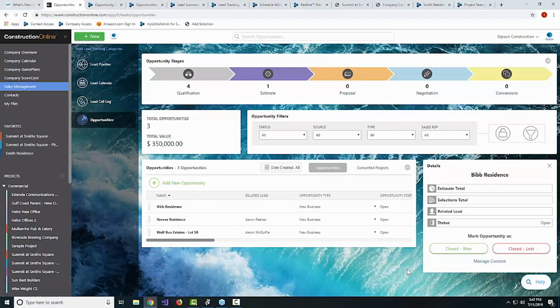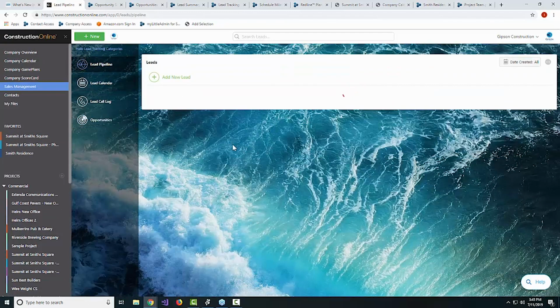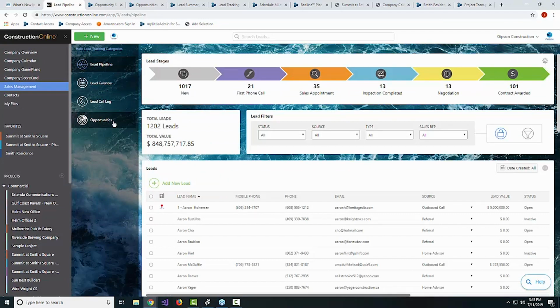Now, the other question that we have, and again, this is such a great question coming in about sales management overall in Construction Online is, what's going to be the difference between a lead and an opportunity? And that's a really common question. I think the best way to think about that when you're looking at best practices for managing your sales process is that your lead pipeline is going to be full of people, and your opportunity pipeline is going to be full of potential projects. So the biggest difference between a lead and an opportunity is that the lead is the person and the opportunity